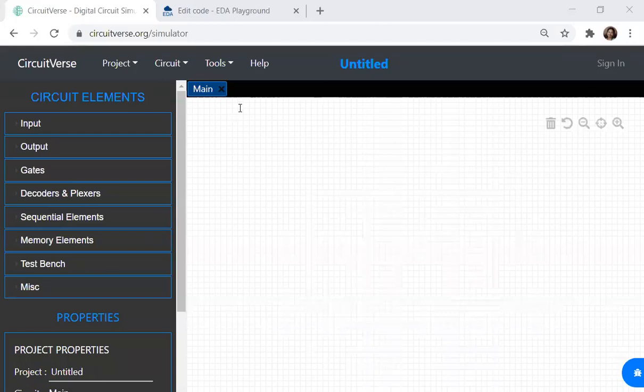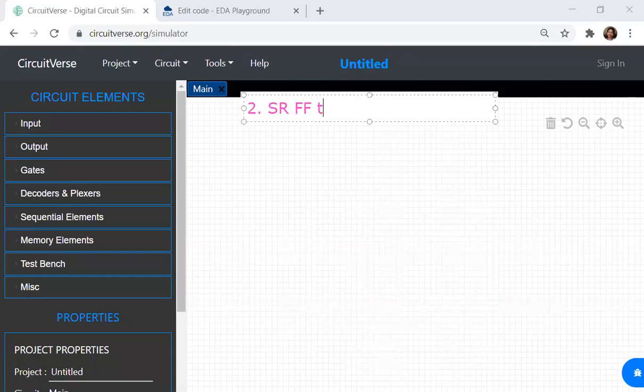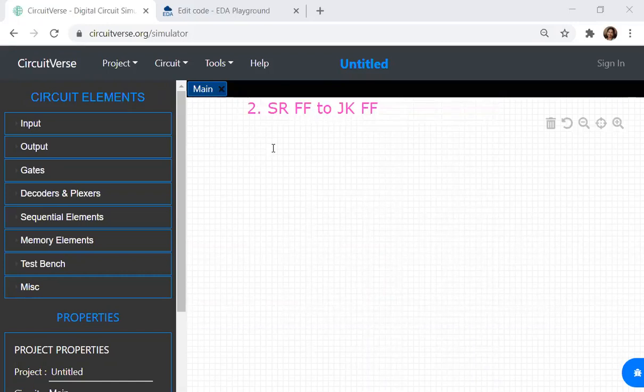The next conversion we will be doing is SR to JK, SRFF to JKFF. When we are doing this, what inputs will we be considering? The first set is J, K and the present state. So how many input variables will we have? J, K, Q. The number of input combinations over here is J, K and present state Q. So I will write it as Q. This is all with respect to input.